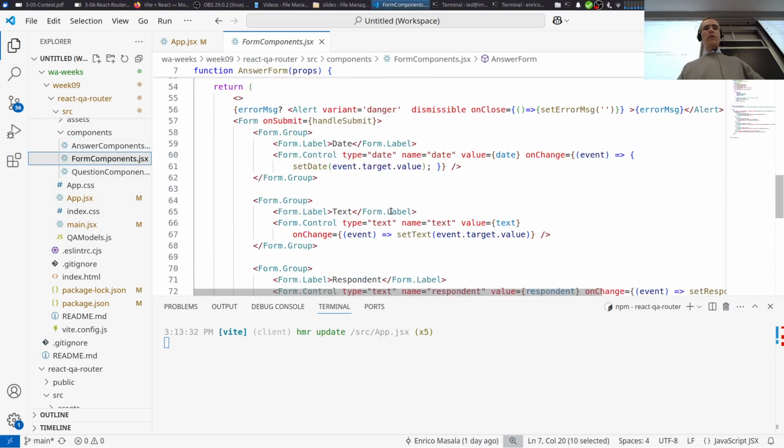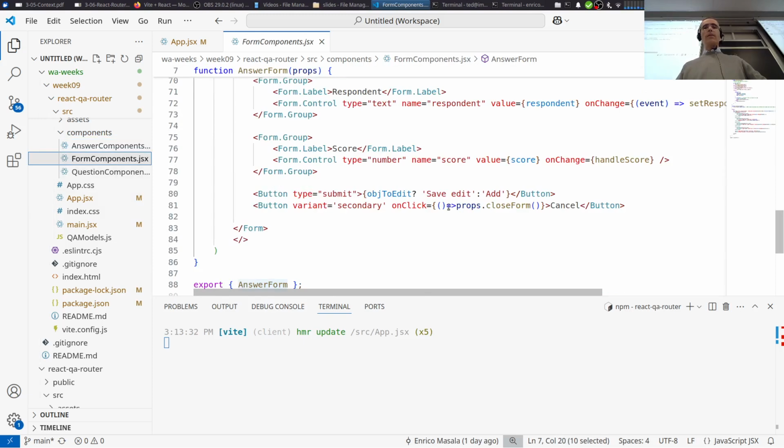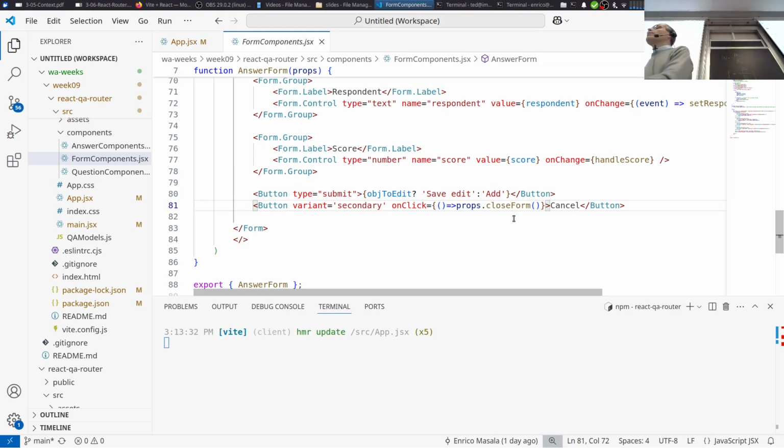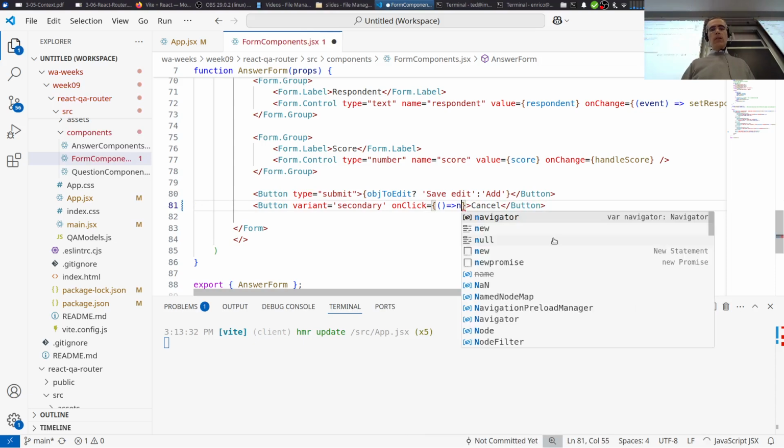Form here, close form. I don't like it. Okay, why I don't like it? Because now I would like to write something in the event handler. I can do the same as before, link to the add file. Okay, but just to show you something different, what I'm going to write here, navigate